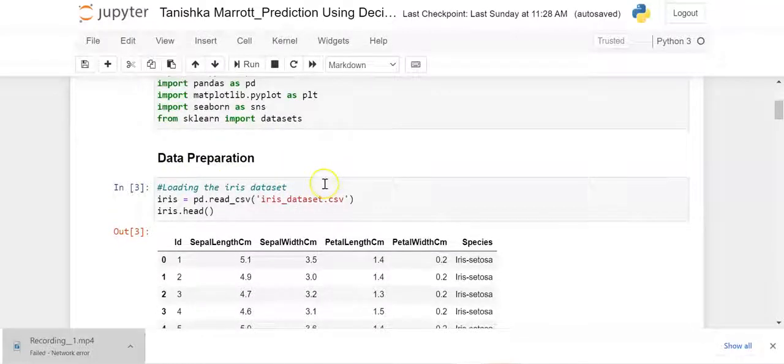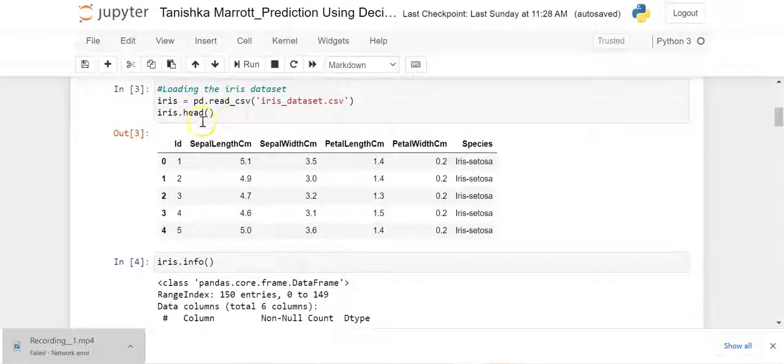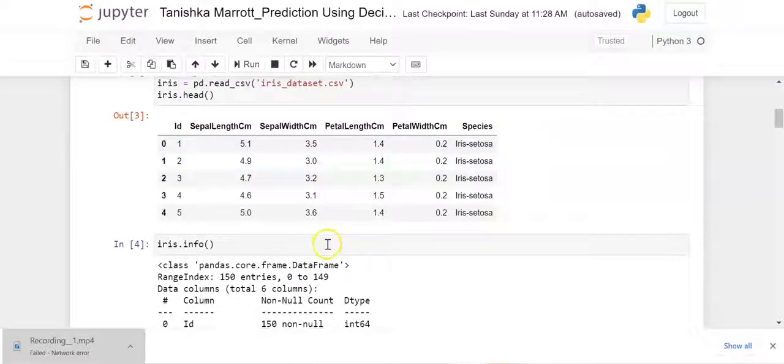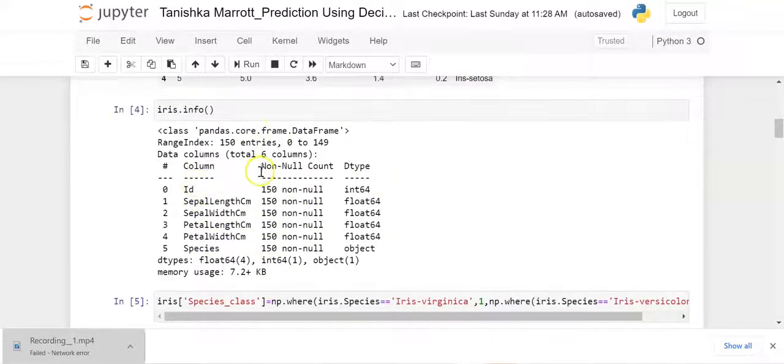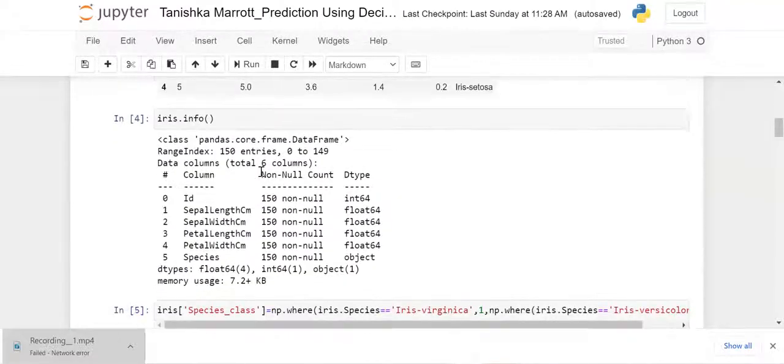As we start with any predictive modeling algorithm, we first start with data preparation or data pre-processing, in which I've imported the iris dataset. This iris.head is shown, with the columns as well as the given rows. Iris.info gives a brief overview of what the dataset is about.